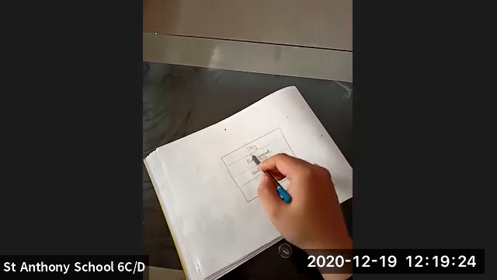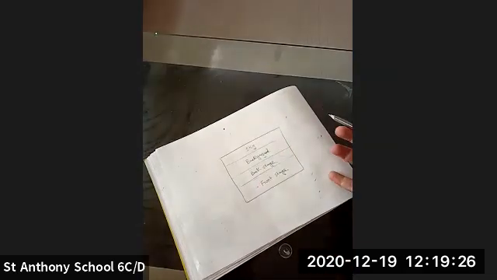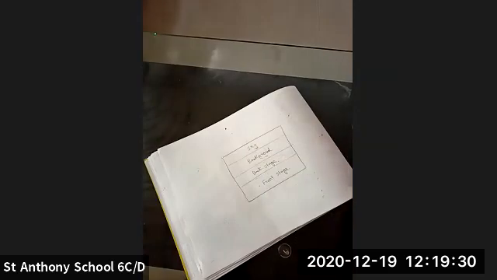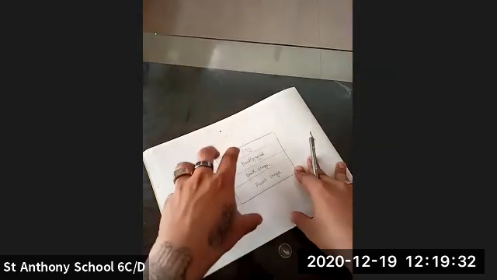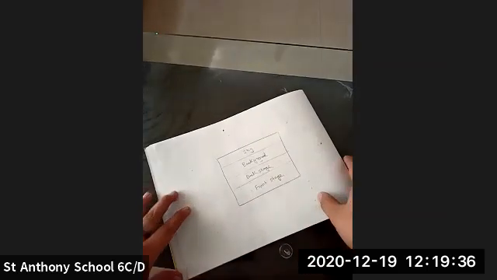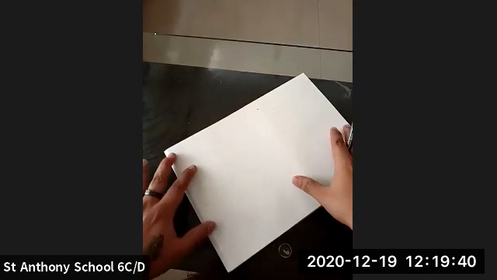The fourth one is the sky. We all know what the sky is. You just have to draw some clouds and the sun on the sky. So this is how we divide this page into equal parts. Our topic today is Christmas. So let's begin with this.